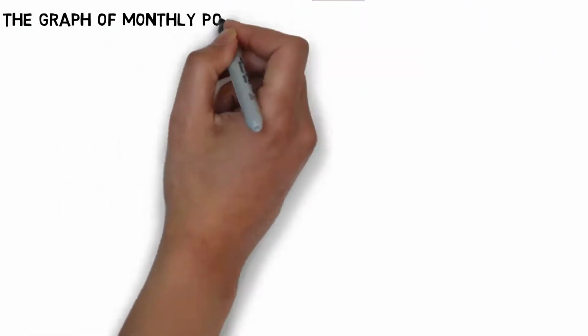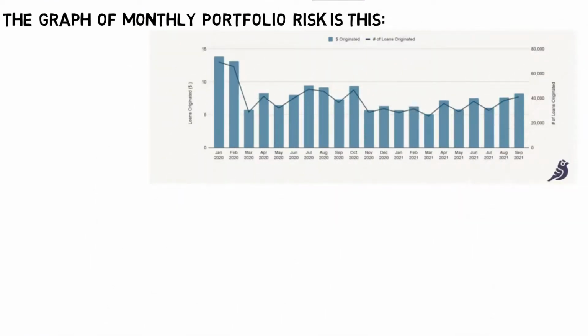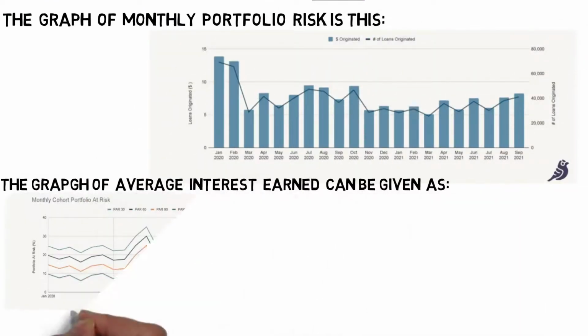The graph of monthly portfolio risk is this. The graph of average interest earned can be given as